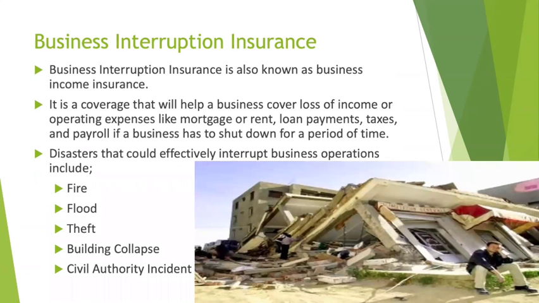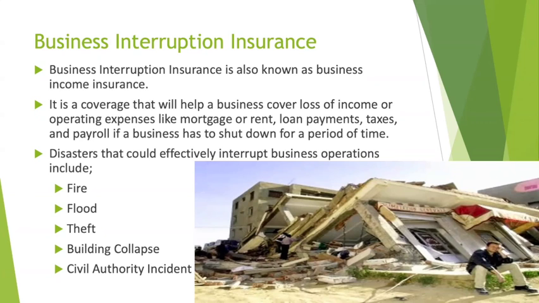Another type of coverage is business interruption. This is purchased to give a business some assistance in recovering from a temporary interruption of their operation. The assumption is that the business is going to recover and be able to continue in operation as soon as possible. So it's just intended to return the insured's business to the amount of profit it would have earned if there had not been a loss.